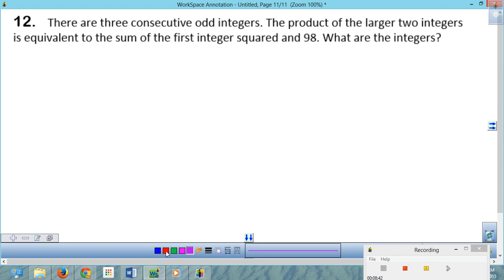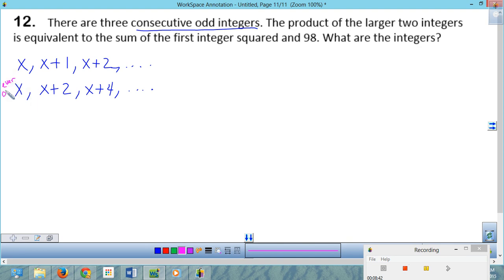The last question is a consecutive integers question. So you read it, you see consecutive integers right there. You need to think, bam, I know I need to do this, or I need to do this. Okay? And so now you look and say, oh, what's the difference? This is regular, and this is even or odd. Okay, which question do we have? It says odd right there, so then we don't need